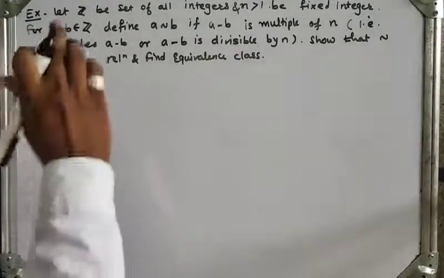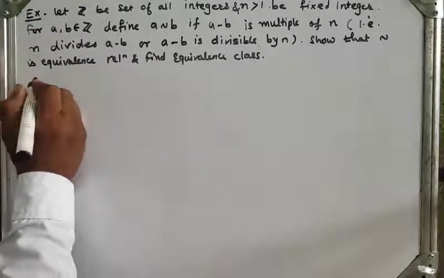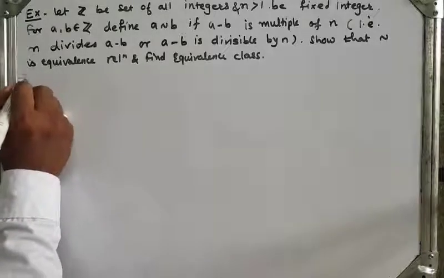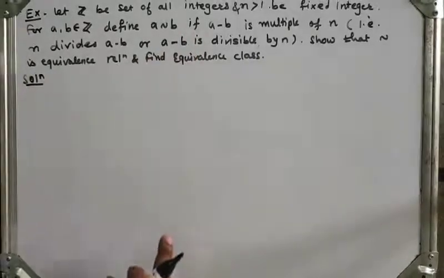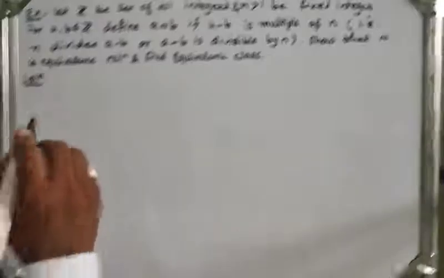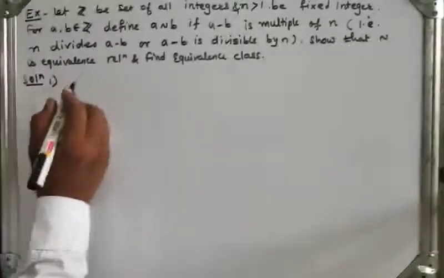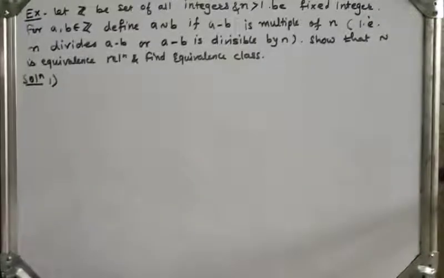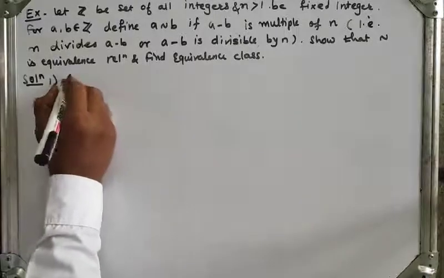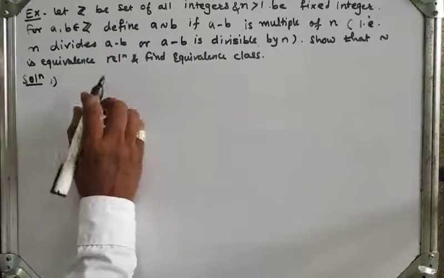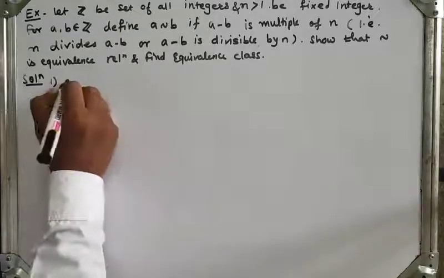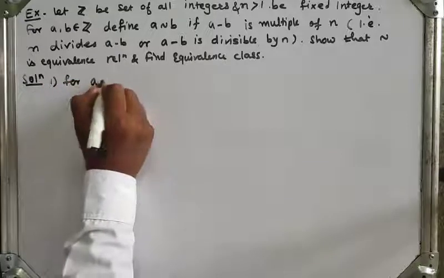Now here Z is the set of integers, n greater than 1 is an integer, and a, b belong to the set of integers. Then we have to show that the relation a tilde b, if a minus b is a multiple of n, is an equivalence relation, and we have to find the equivalence class. So first we have to show that tilde is reflexive. Now I take a single element a belonging to the set of integers,